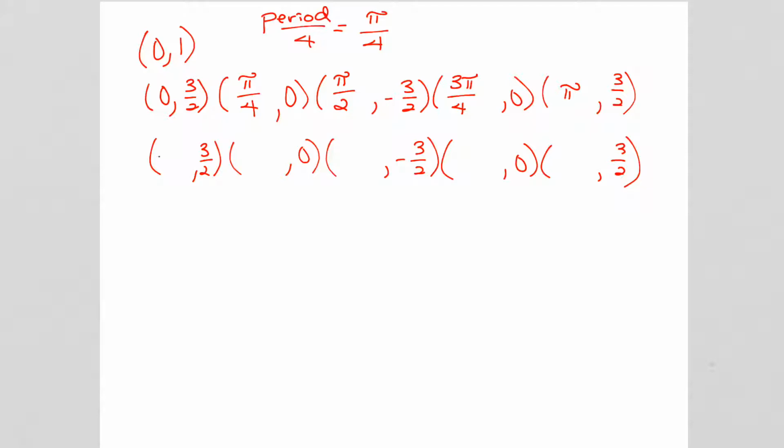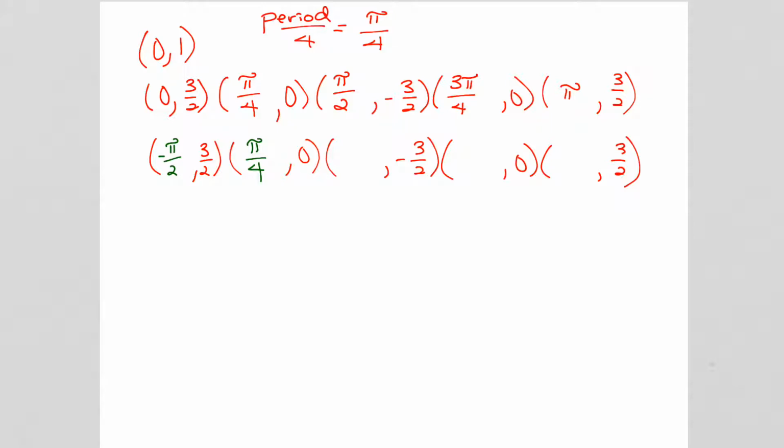So 0 minus pi over 2 is negative pi over 2. Then we go every pi over 4 from there. So negative pi over 2 plus pi over 4 is